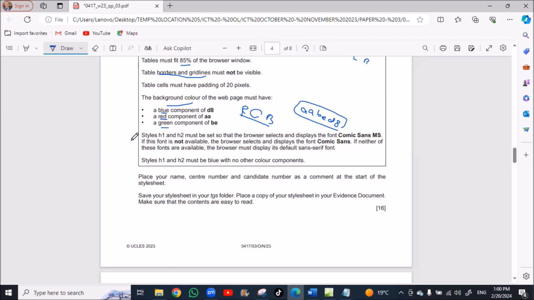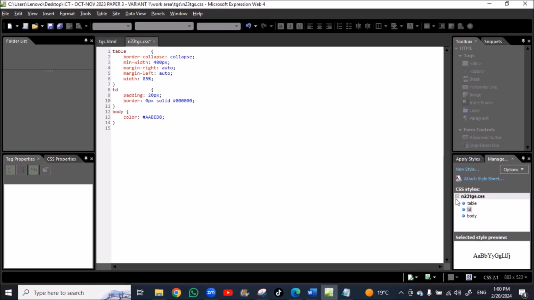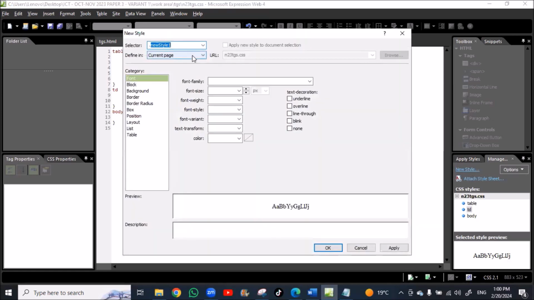So we'll go to create a new style for H1 and H2, H1, comma, H2, and the font will be Comic Sans MS, comma, if not found, this will be Comic Sans.